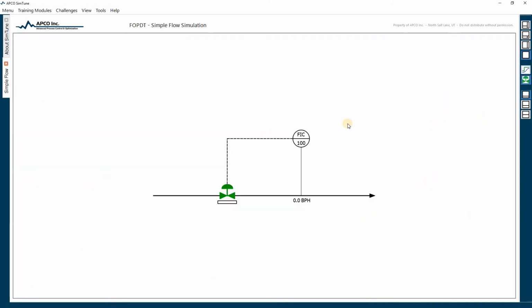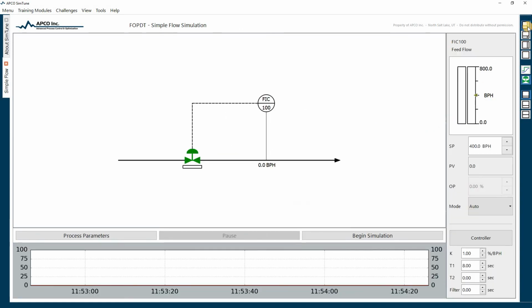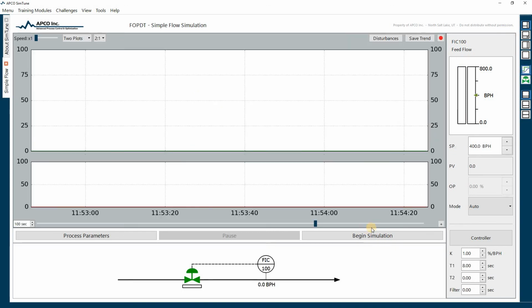Or if you want to see the HMI or SimGraphic view, you can do that. So I recommend when you first get going with SimTune, just try out this toolbar and find out what each button does and find what you prefer. Another thing, if I can put this back, and